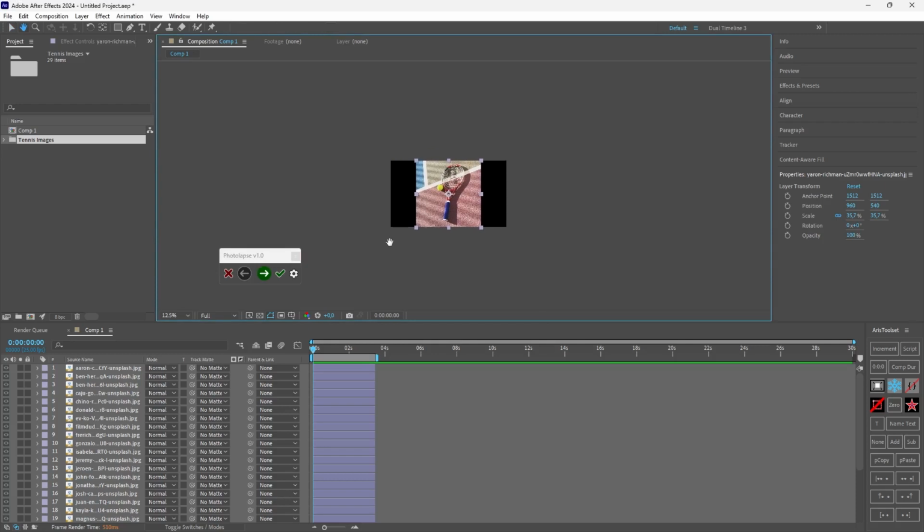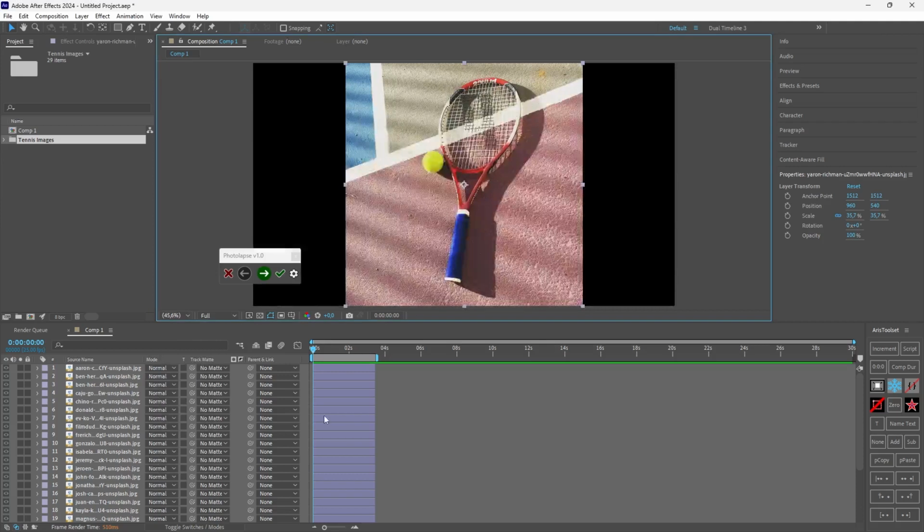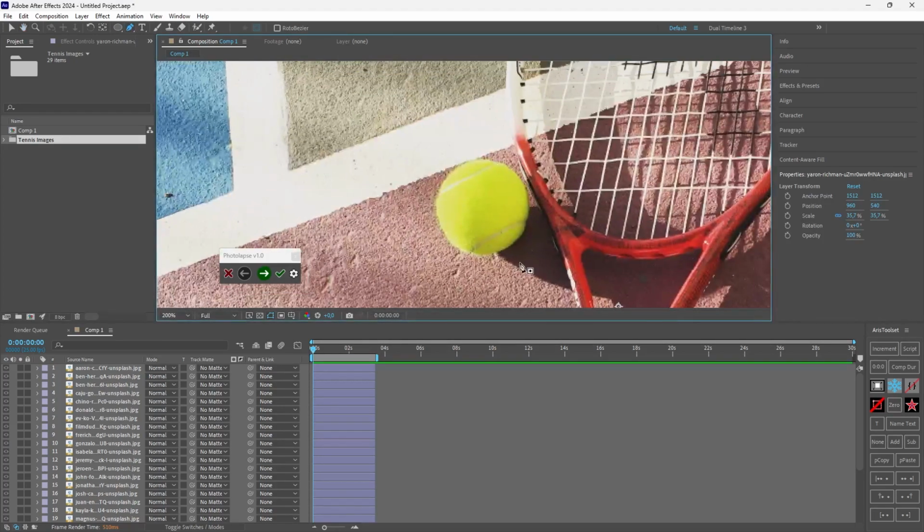At this stage of the process, we need to create some masks. We will create one mask for every image. The mask has to be very basic, so it's best to use common shapes like the rectangle or the ellipse, or you can make a simple shape with the pen tool. In this example, we will mask the tennis ball for each image. Every image I have here has a tennis ball in it, and for this example, I'm going to use the ellipse tool.